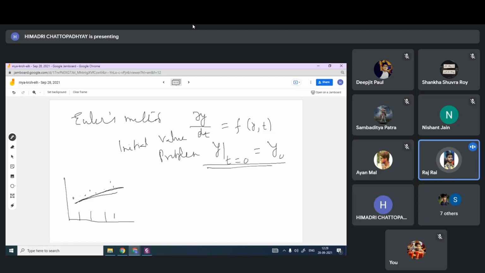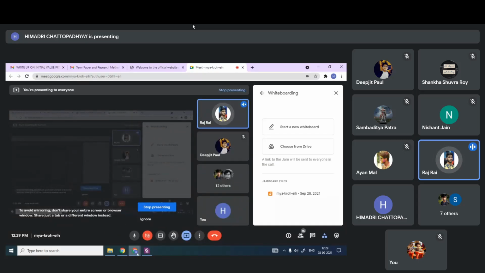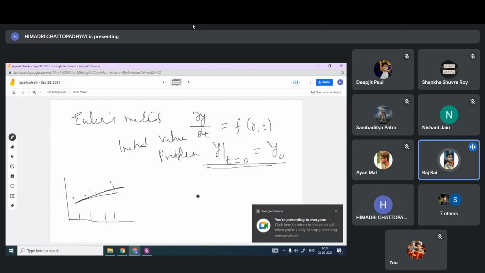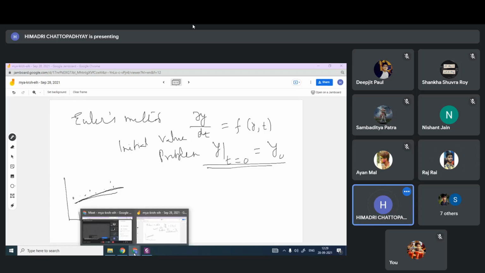Sir, in the code, we have to show for various values of h or any single value of h? Yes. Then we will code this Euler's method. Then do we have to do it for a single value of h, or multiple values of h? Can you write? This sound is not coming properly. Can you write? Yes, sir. I'm saying.